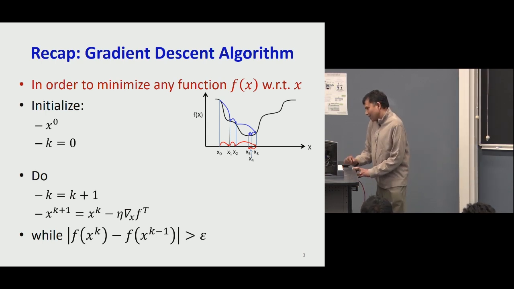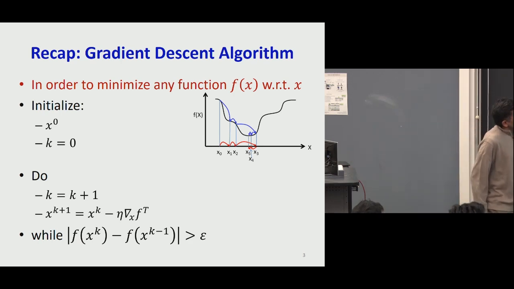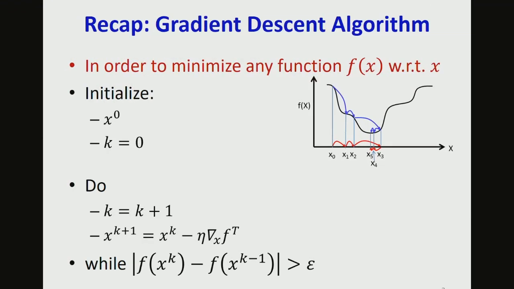But anyway, here's what we remember of gradient descent. In order to minimize any function, you start off at some point and you take a step in a direction where the function is going to decrease. And we saw why the direction of steepest decrease was the opposite of the, somebody fill in the word for me? The gradient, right? Because the gradient was the direction of steepest increase, right? And you could keep doing this till the